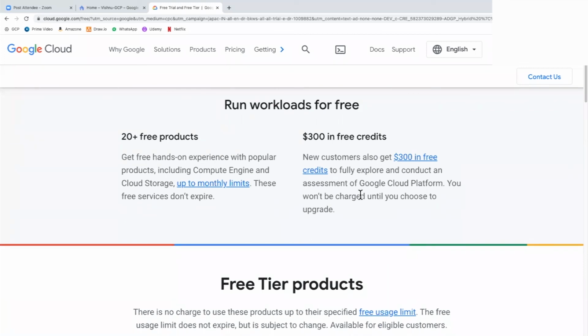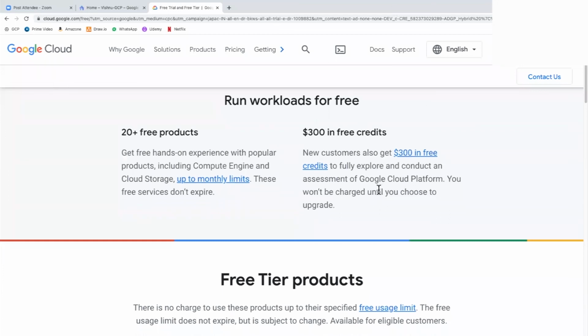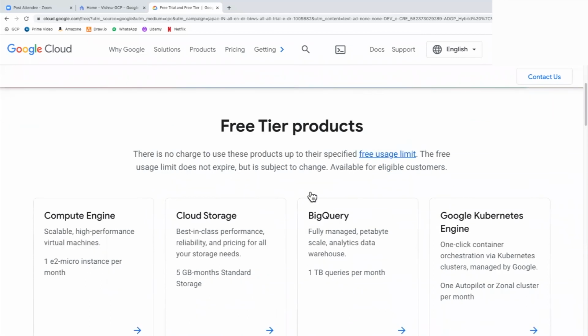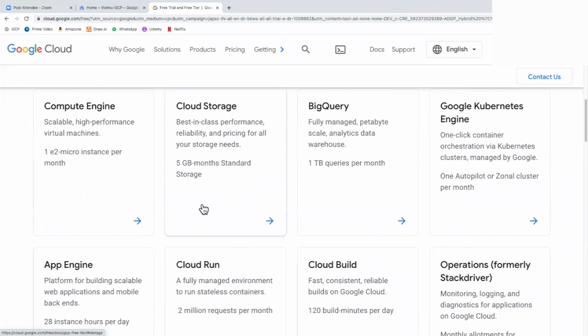So if you are focusing on certification, just put a target of maximum 3 months, because we need 1.5 months for training, and the rest you need to prepare, so that at that point of time also you can use the free trial account. So you can set a target of 3 months if you are going for certification, so it will be good.